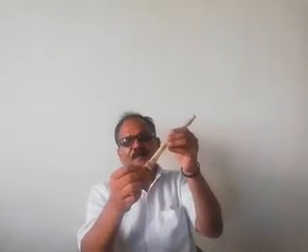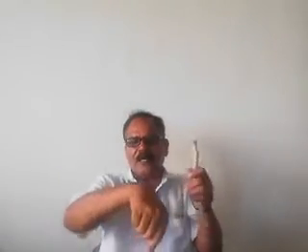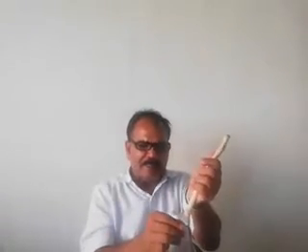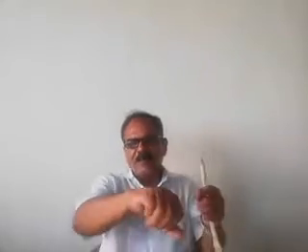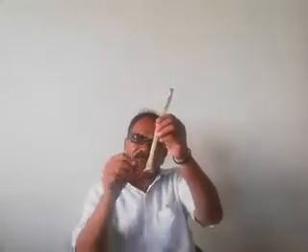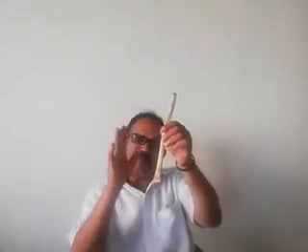there is an ulnar notch, and this is the styloid process of the radius. The styloid process of the radius is 1 centimeter distal to the styloid process of the ulna. The styloid process of the ulna is prominent, but the styloid process of the radius you have to palpate in the snuff box. The styloid process of the ulna is a bony prominence. This is the styloid process of the ulna, and this is the styloid process of the radius. So they are not in a horizontal plane. The styloid process of the radius is 1 centimeter distal to the styloid process of the ulna.